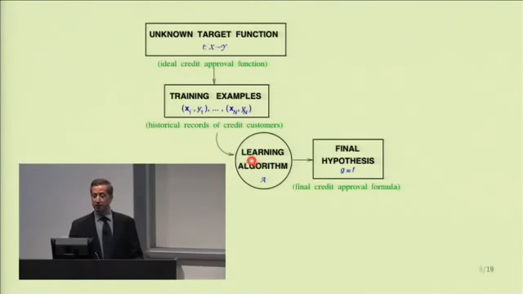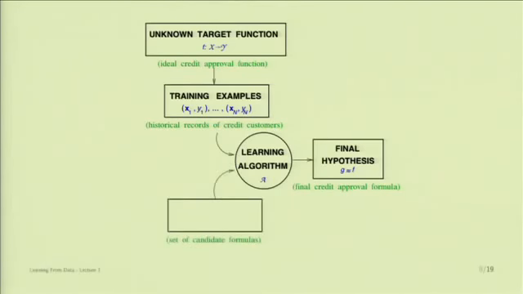So the learning algorithm takes the examples and will produce the final hypothesis, as we described in the example of the movie rating. Now, there is another component that goes into the learning algorithm. The learning algorithm creates the formula from a preset model of formulas, a set of candidate formulas, if you will. We are going to call these the hypothesis set, a set of hypotheses from which we are going to pick one hypothesis. So from this H comes a bunch of small h's, which are functions that can be candidates for being the credit approval. And one of them will be picked by the learning algorithm, which happens to be G, hopefully approximating